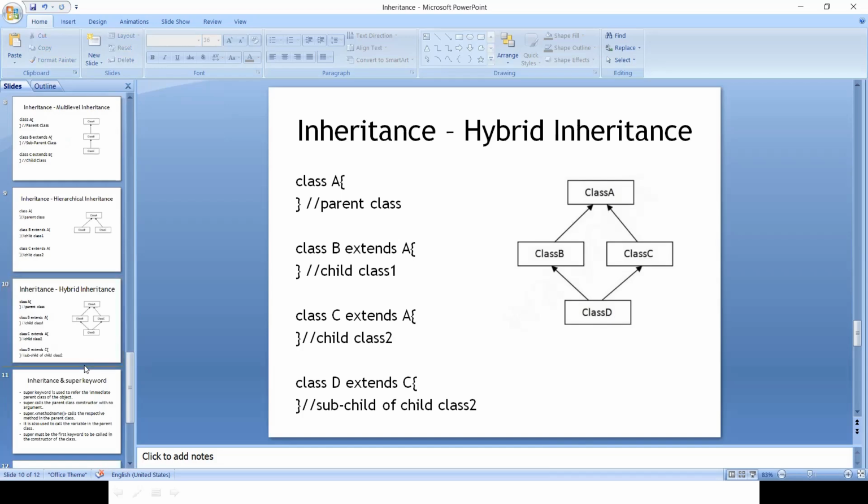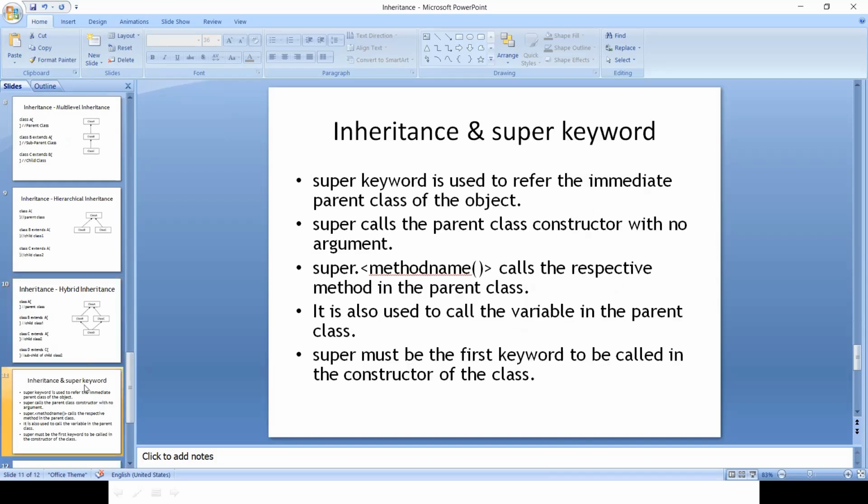Now, moving on, there is this super keyword, and what is the connection between the inheritance concept and the super keyword? This super keyword is used to refer to the immediate parent class of the object. Let's assume that there is a multi-level inheritance hierarchy between class A, class B, and class C. So who will be the immediate parent class of class C here?